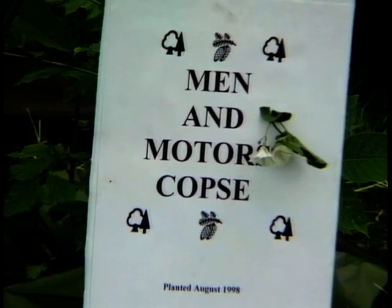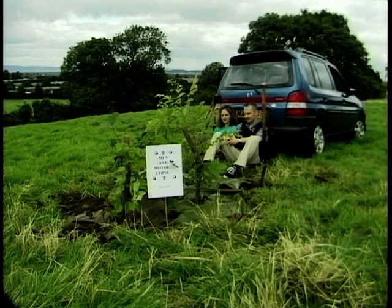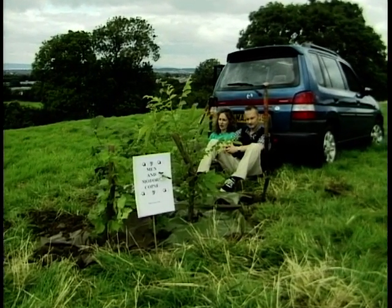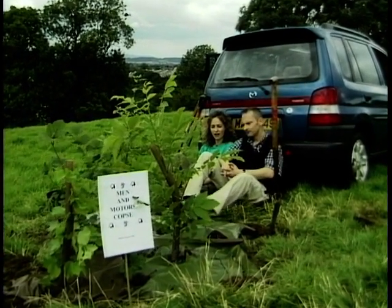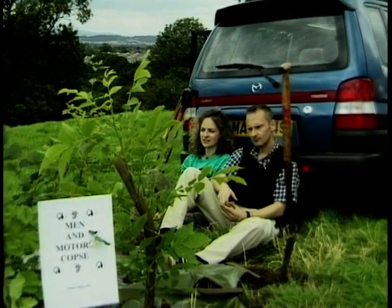Well, there we are. It looks pretty fantastic to me, our own little Men and Motors COPs. Does that mean that everyone in the country who wants to buy a Mazda Demio has got to come down here? Well, no, because when they buy a Mazda Demio, we will actually plant and nurture 5 trees on their behalf. Obviously we've planted the first 5 trees for Mazda,